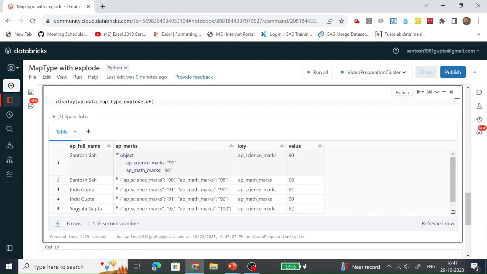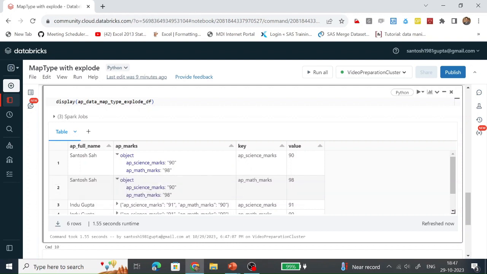Because this object is of map type, it has two keys, AP underscore science underscore marks, and this is the value of this key. This is another key, value is 98. So this record is getting generated for the science marks key, and for the same record it's creating another record for math marks, and the value is 98.